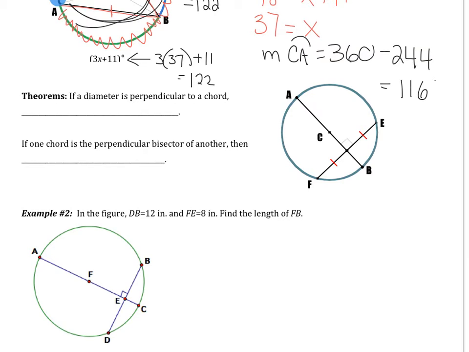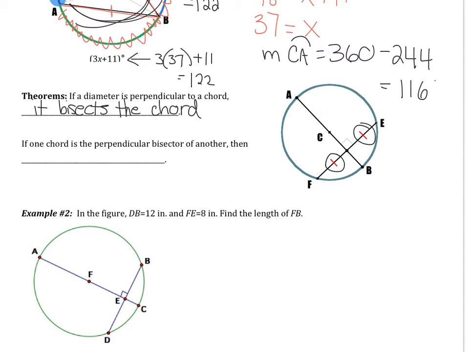Okay, so here are our next two theorems. The first one says if a diameter is perpendicular to a chord, then it bisects the chord. So let's take a look at this picture on the right. My diameter would be AB. It's perpendicular to the chord FE. What that means then is it splits it. Bisecting means it splits it into two equal pieces, which is why we have these two tick marks there,